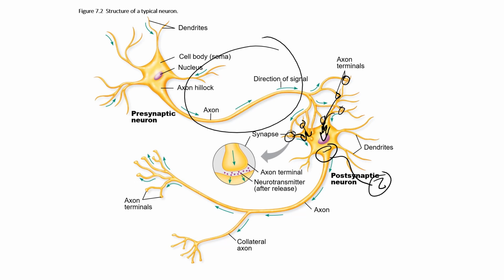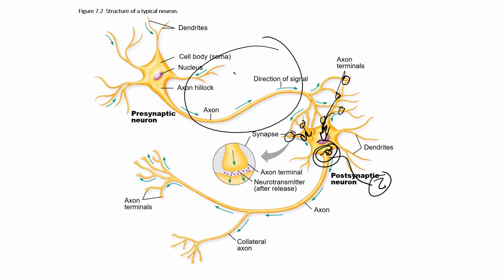So these waves of positivity, these depolarizations, are all headed towards the hillock of the postsynaptic neuron, neuron number 2 here. And again, the presynaptic neuron is firing at a high enough frequency to allow enough sodium in so that within the hillock we have depolarized to -55 millivolts from -70. What we would say is that the postsynaptic neuron, neuron number 2, has now hit threshold, and it is going to generate an action potential. So let's go ahead and take a look